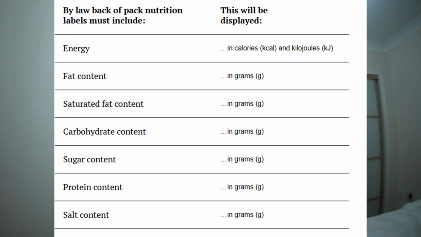On a related note, the UK's mandatory nutrition label is also extremely dangerous because companies don't have to declare whether the remaining fats in their product that aren't saturated are either unsaturated or trans fat, with trans fat of course being extremely detrimental to human health. If you want a detailed video on this, I will link it in the description below. There's a few other things too, like for example what amino acids are actually present to quantify the quality of a protein in a company's food product, and what type of salt is being used in a product. Is it, for example, bleached table salt, or is it a healthy Himalayan salt?